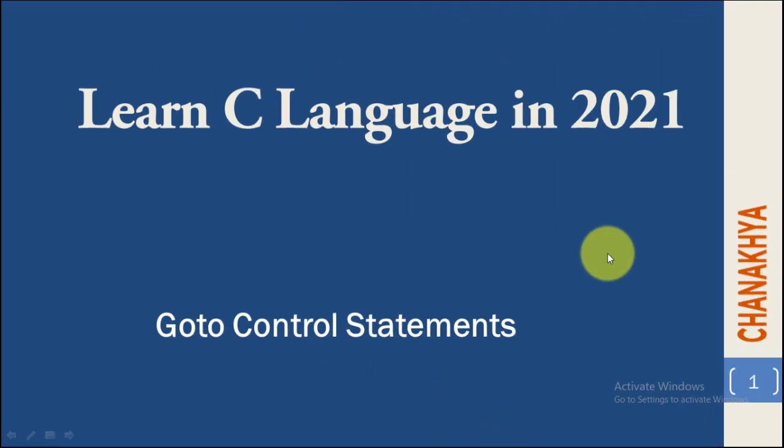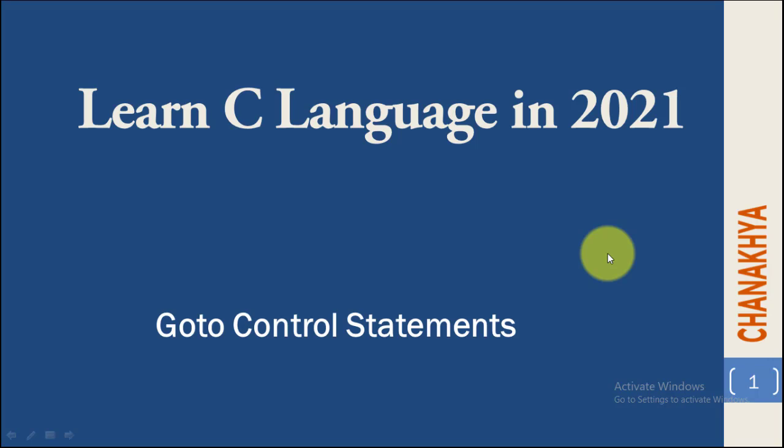So welcome back once again, and here we are in the last of the control statements in C, that is the goto control statement. As for the break and the continue statement, we will better understand them while we are doing the loops in C programs. So you have to wait for the loops, and only then will we be able to better understand the break and continue statements. But we have learned a little bit about break while we used the switch case control statement.